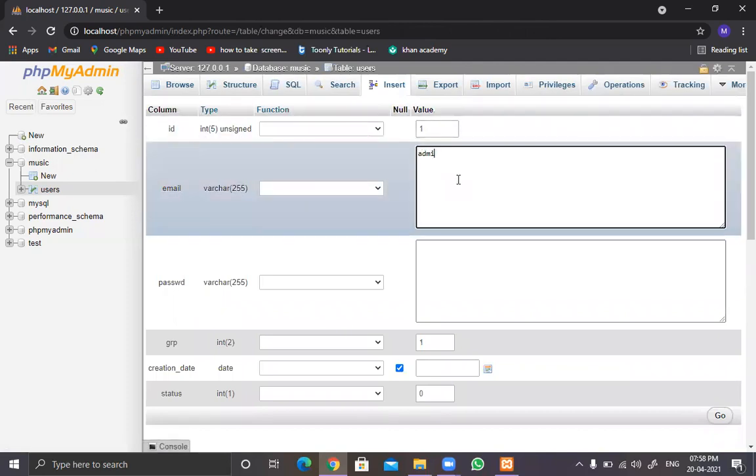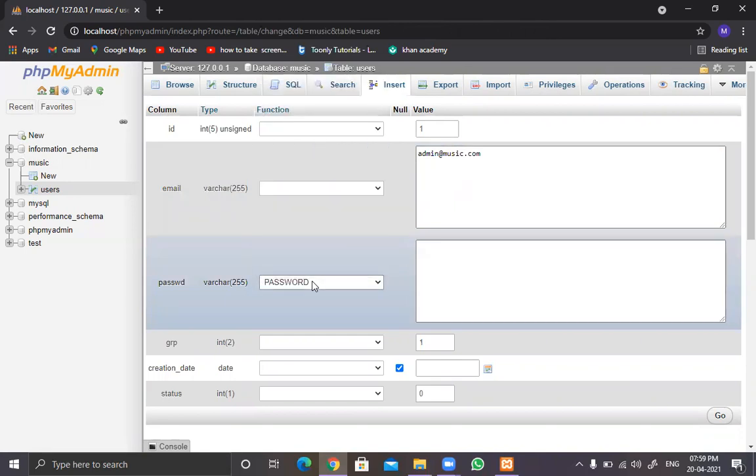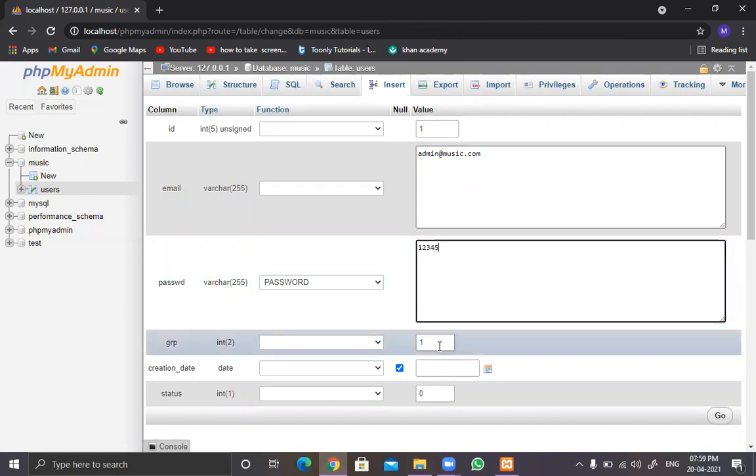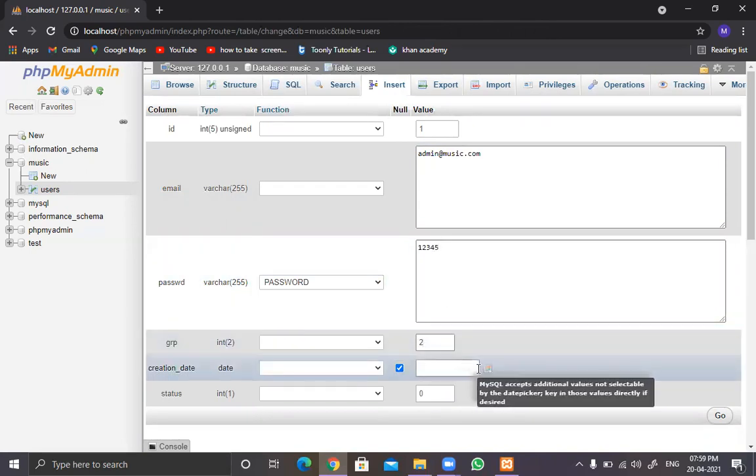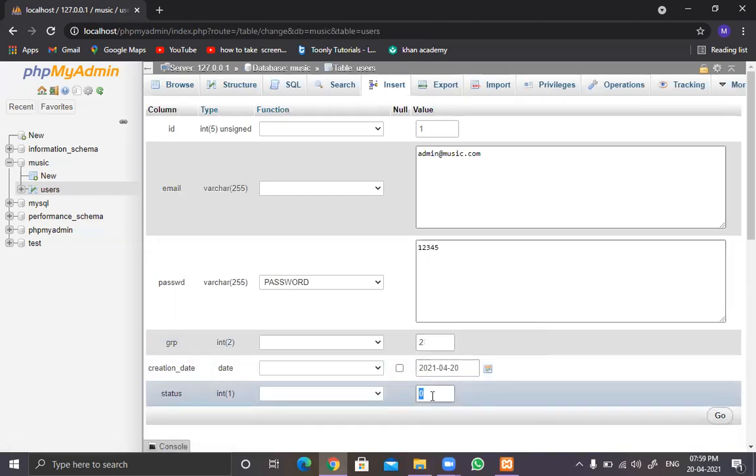Email is, let's say, admin at music.com, since this is a music database. Password should be passwd, 12345. Group should be admin, group 2. Date should be today's date, and status should be enabled as 1.